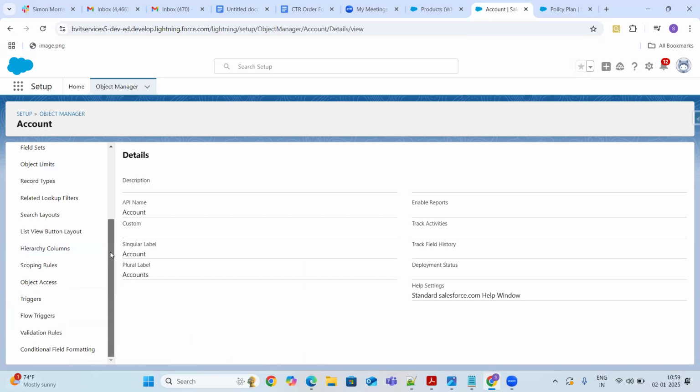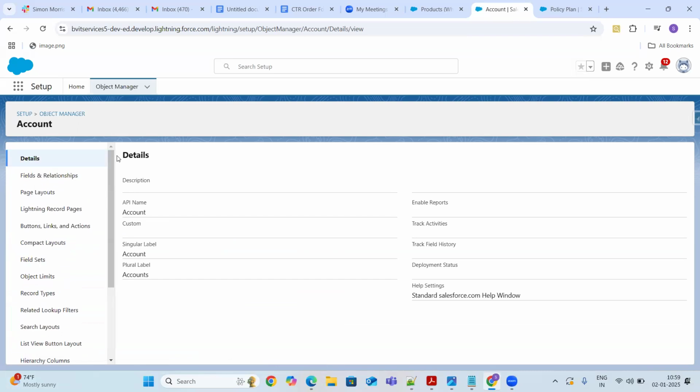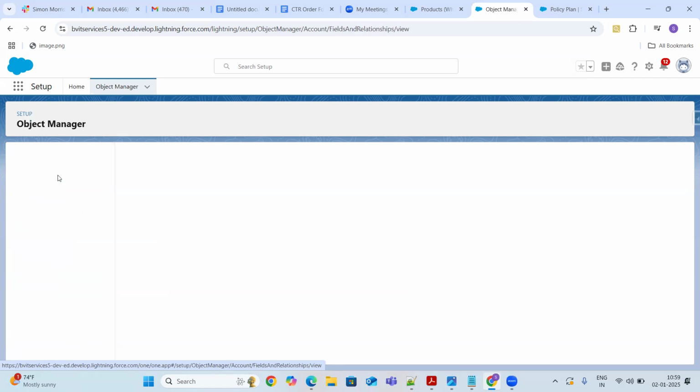That is the major work that we are going to do, especially from the objects point of view. So we have completed fields and relationships, page layouts, and record types. In tomorrow's class, I'm going to explain how to create lightning record pages and what buttons, links and actions are.